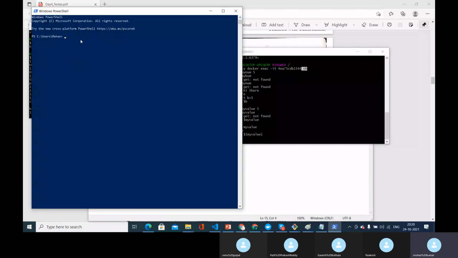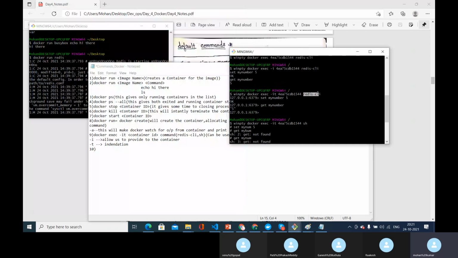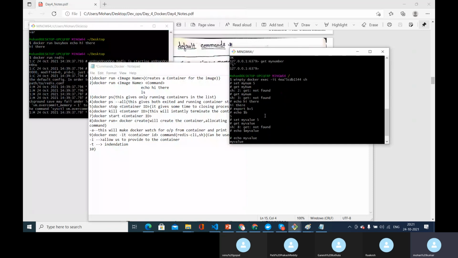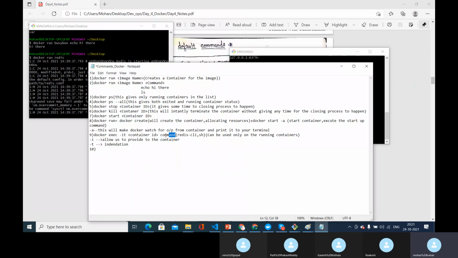So here also we will be able to execute some commands. To open this shell and execute on that, we have to say sh, and if it is a command prompt, we can say the previous one. What is that? Redis CLI for this particular Redis image. Okay, so that is what basically sh means. So the other one is docker exec -it container id and the sh. And the last one is starting with a shell.